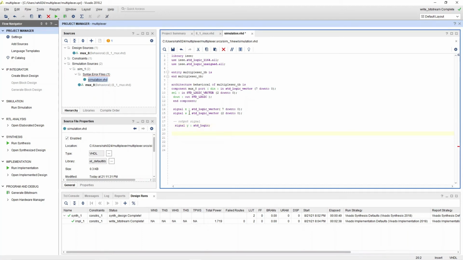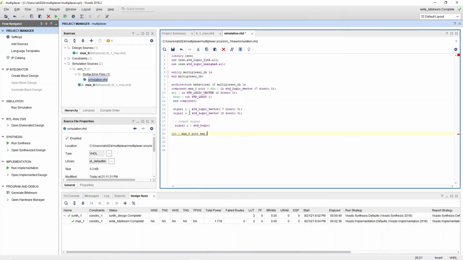Once you have defined the signals, you have to connect them to the unit under test, UUT. What is the name of the unit you want to test? That is MUX8, because that is the component name. Once you have defined that unit, you have to also do the port map.